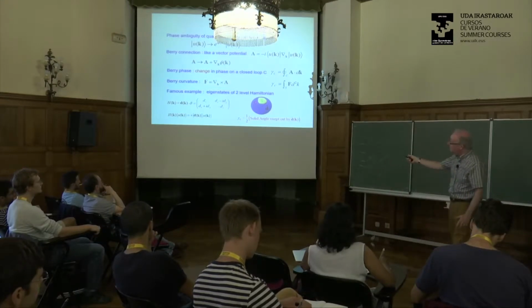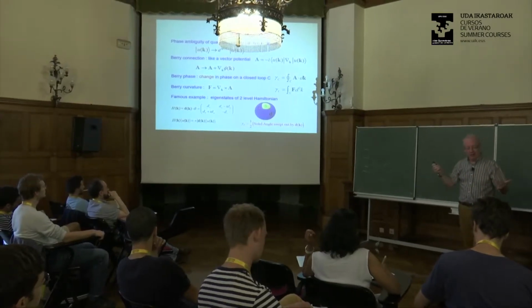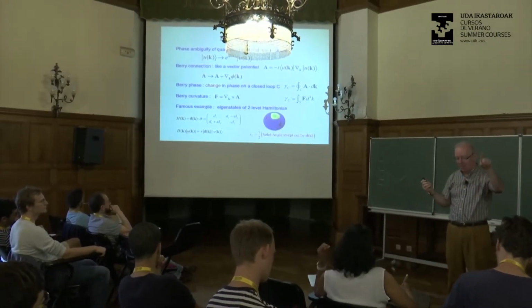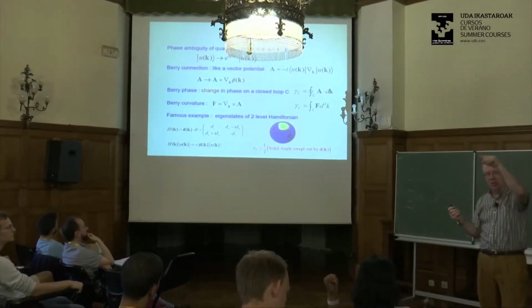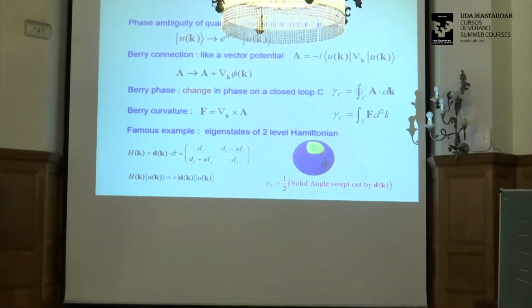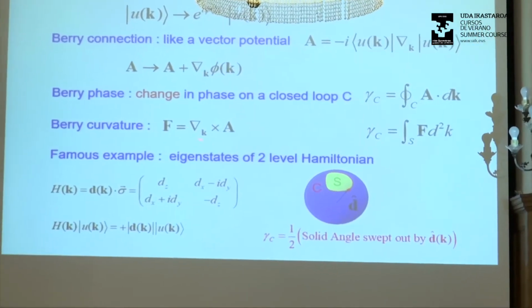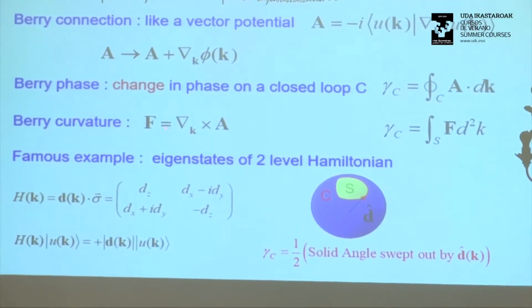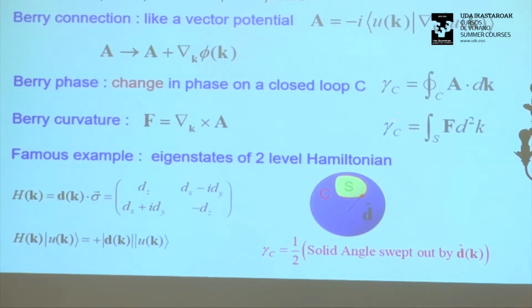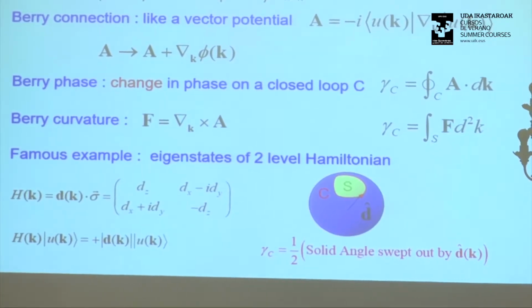So this is the Berry phase, and so one can write it, just like in ordinary electromagnetism, you can write the flux, which is the integral of the vector potential around the loop. You can use Stokes' theorem to write that as the surface integral of the magnetic field. So you can do the same thing. We can define the curl of this Berry connection to be the Berry curvature, and so then the Berry phase will be equal to this Berry curvature integrated over the surface, a two-dimensional surface in parameter space.